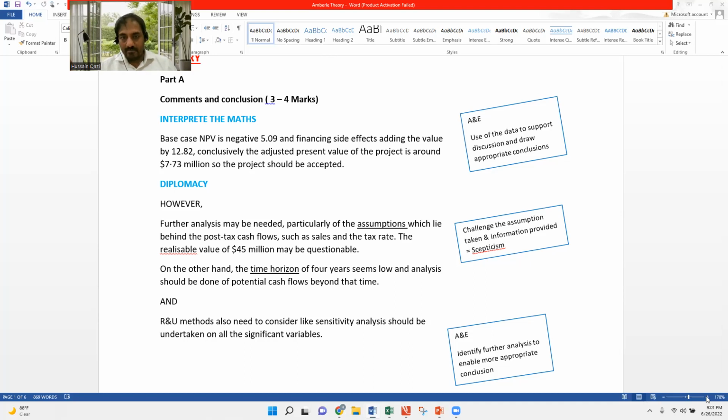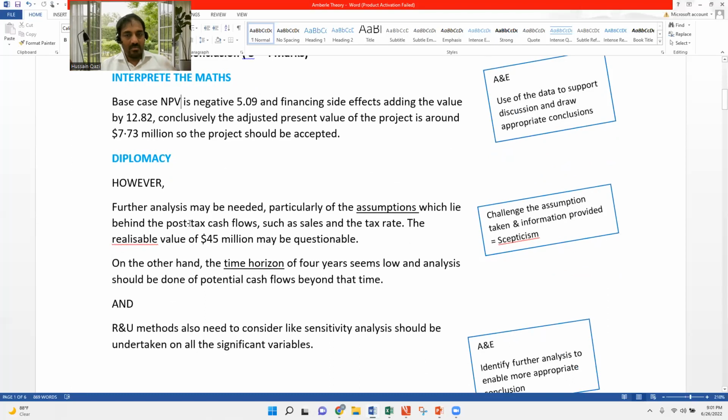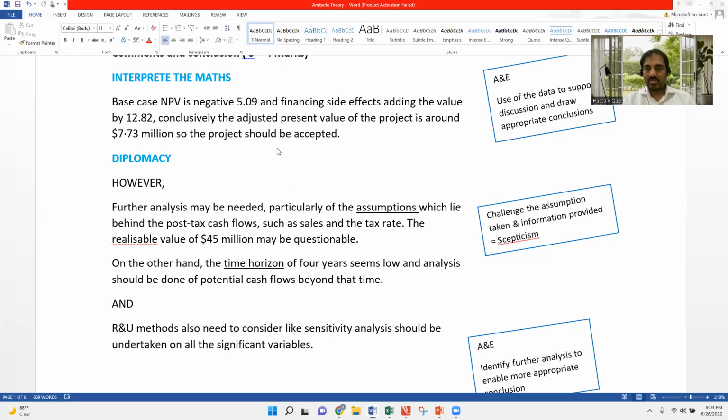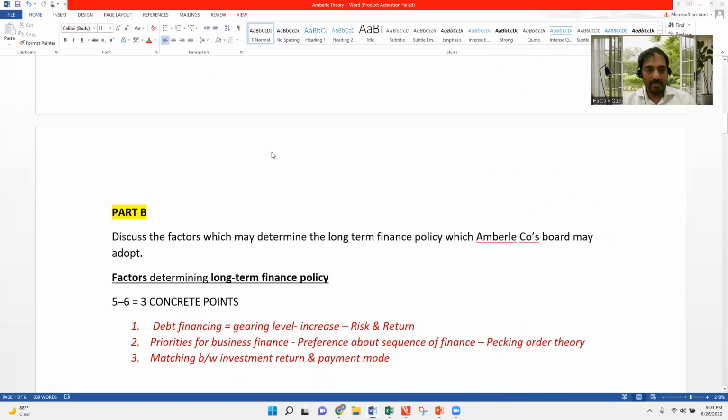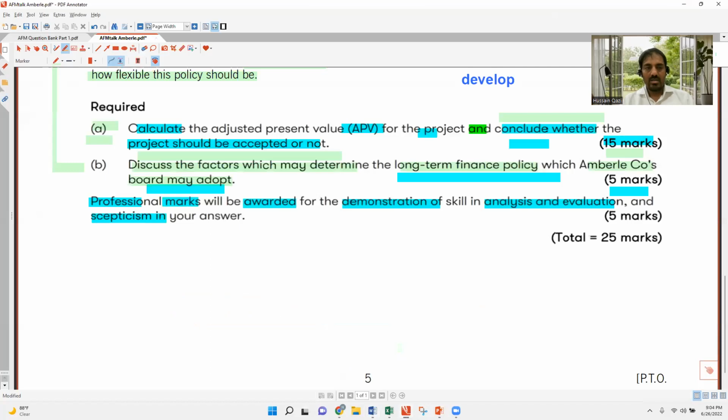Okay, moreover, this is what it is about the conclusion aspect. Now the point is part B. That completes part A. And another point is about